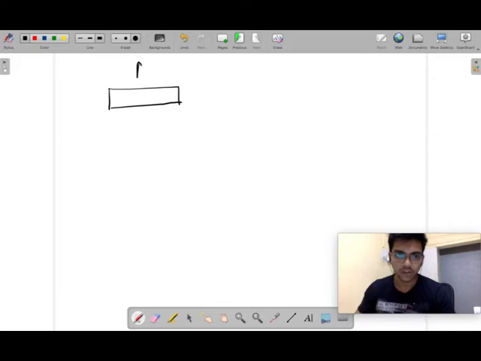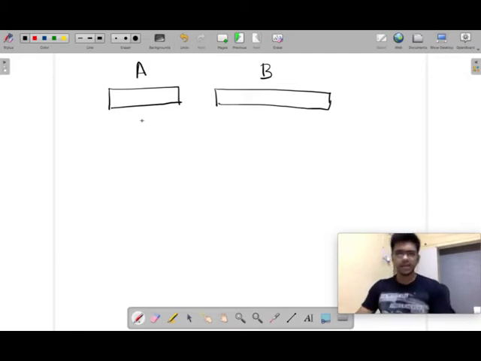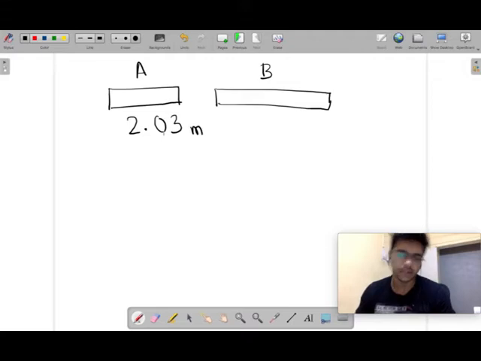So this is the first rod A. There is another rod B, which is longer than this, and I find, say, the length of this rod to be 2.03 meters. Okay, and as far as rod B is concerned, I'm able to make even more precise measurements,